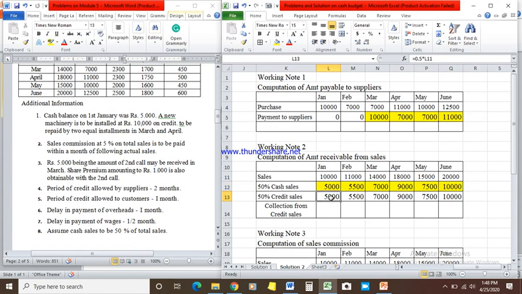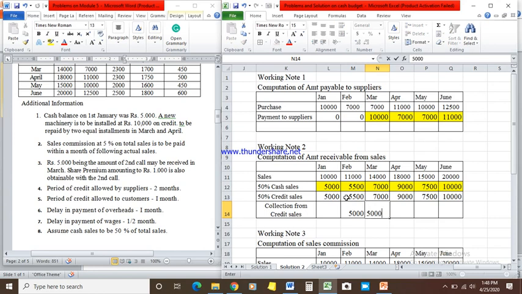Now this credit sales amount will be collected based on this timeline. So the period of credit allowed to customer is 1 month. So 5,000 credit sales which happened in the month of January, this will be collected in the month of February, and February